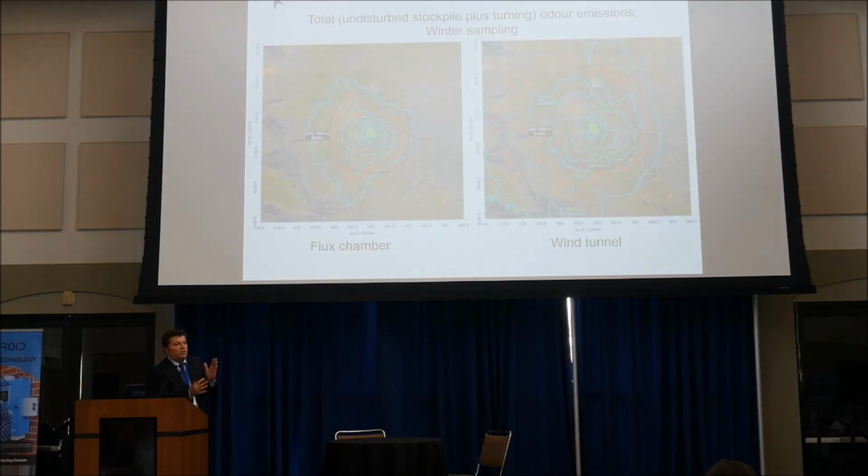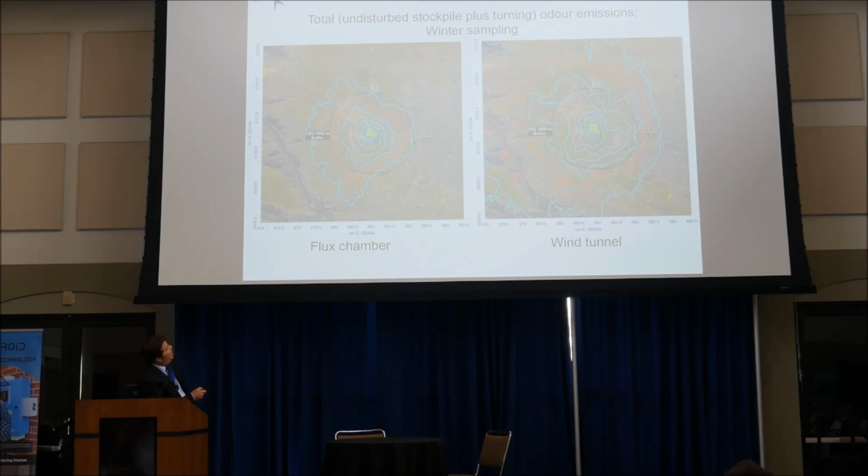And the turning is only done potentially in operating hours, about 8 till 4 in the day. So we model zero at night from turning. We just do it during the day, and you can see that it's basically the turning emissions for the flux chamber. The flux chamber is this tiny impact in here, and this is the winter one, and it sort of blends in with the other, just the stockpile emissions,